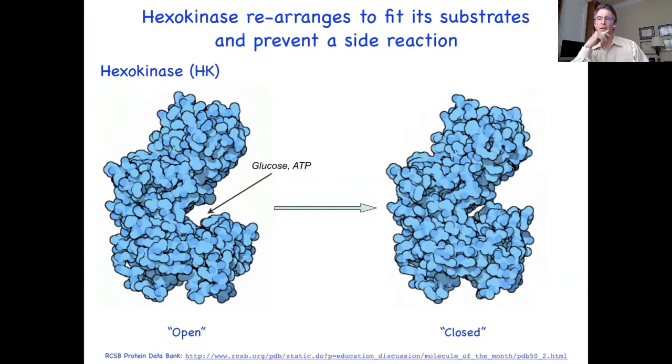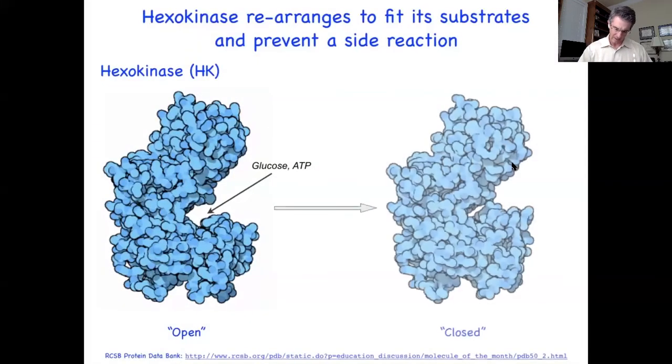We talked in lecture a couple of lectures ago about the importance of these conformational changes in enzymes as they recognize their substrate, for positioning key residues, for stabilizing the transition state, for straining the substrate molecule, and that this conformational change, this induced fit idea, is such an important idea